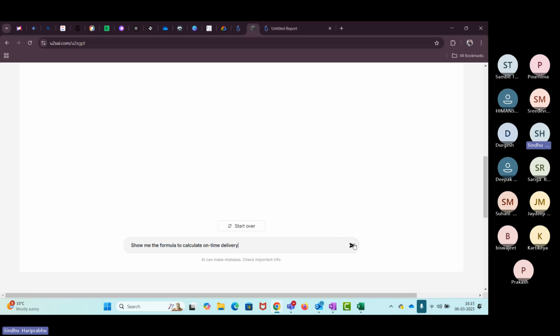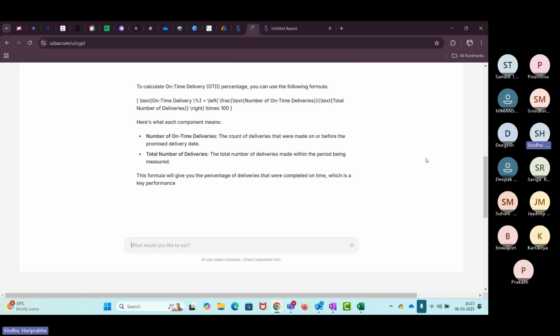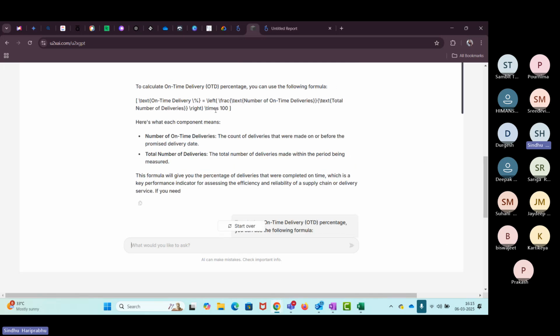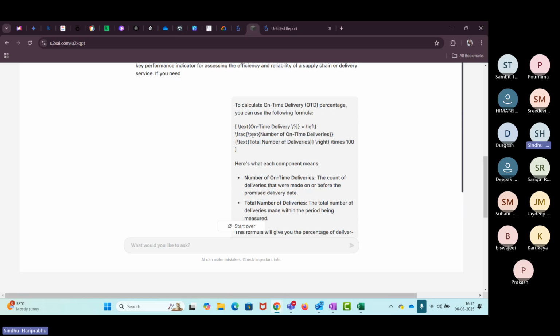Whichever column is required for you to calculate this, you can take help of the U2X AI tool. So it shows to calculate on time delivery is on time delivery divided by percentage. So you can use this formula. It is displaying the formula also. You can use the same formula.